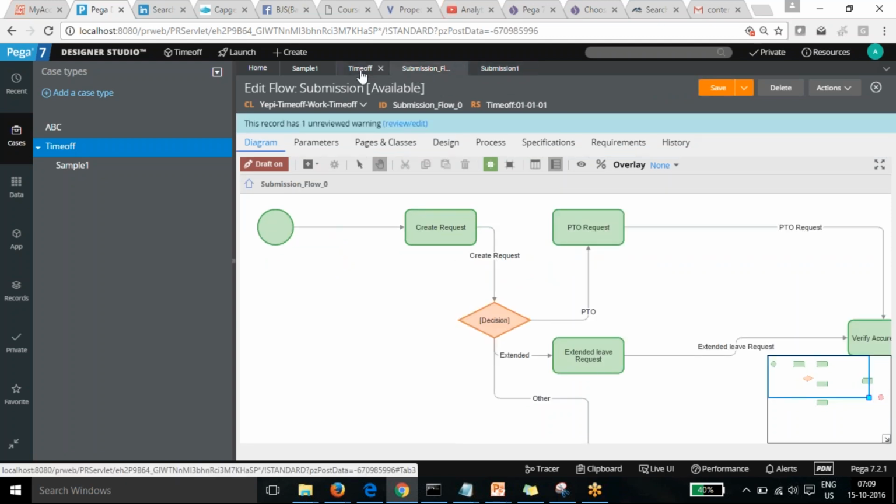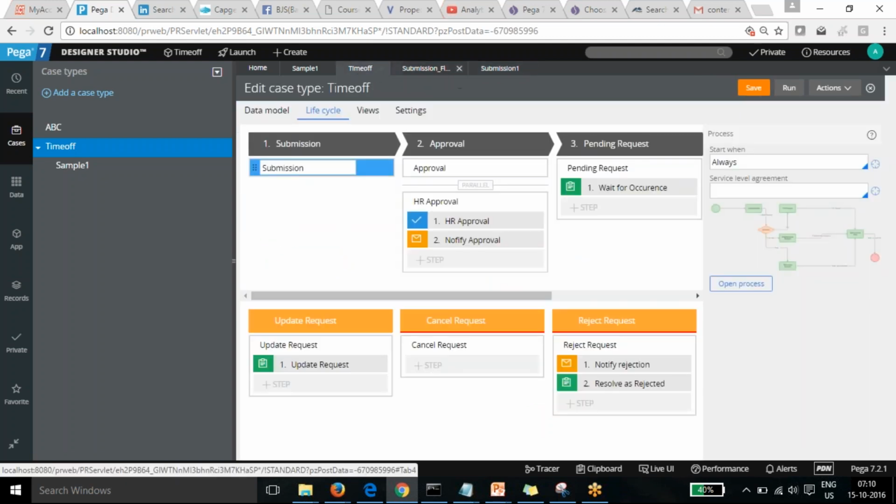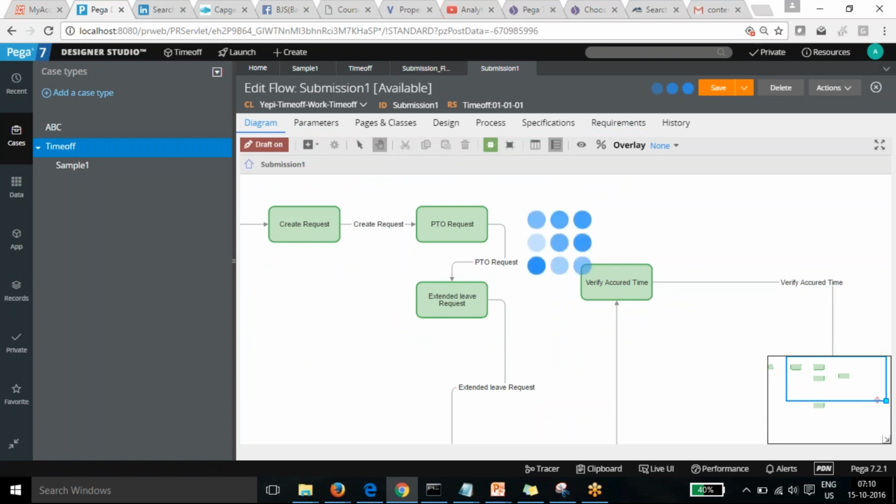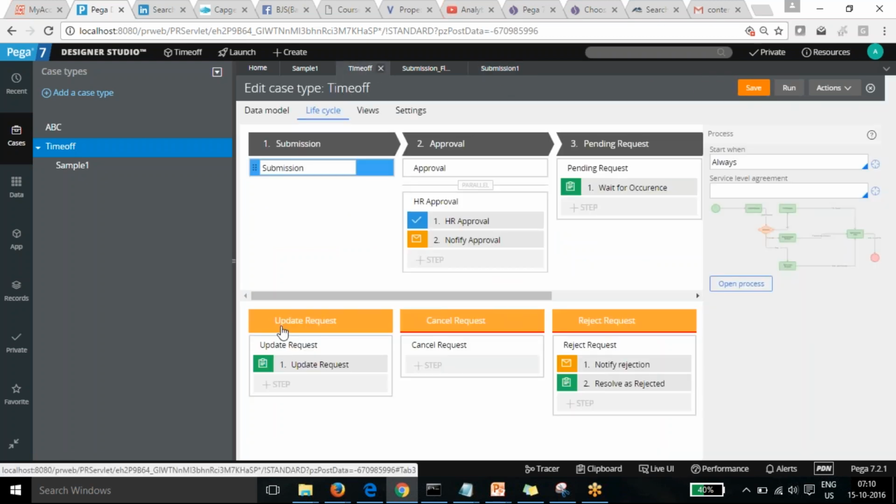So what I'm going to do is save that one. Let me just see that it's saved properly. Yeah. My intention was, if you see submission here, I'm not able to see all the steps because it's changed to a multiple process.